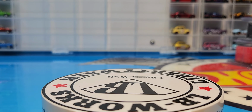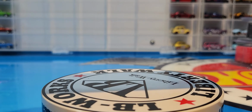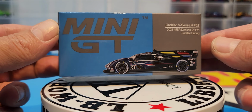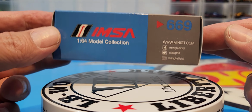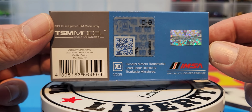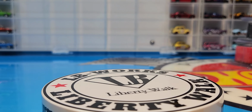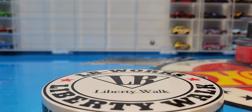Now, I'll be honest with you, the box is actually pretty nice on this one too. There we are. Here's the box. You can see full licensing on the back. Alright, that's pretty awesome. And here's the model. And what a beautiful...